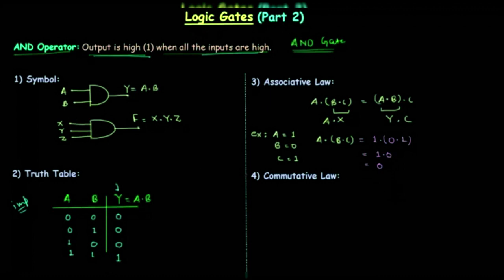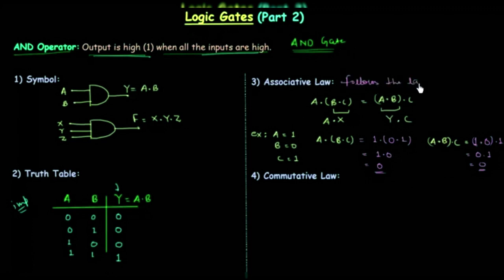Now we will solve the right hand side, (A and B) and C. A is equal to 1, B is equal to 0, and C is equal to 1. 1 and 0 is 0, 0 and 1 is 0. So we got the same results for the left hand side and right hand side, and we can say that the AND gate follows